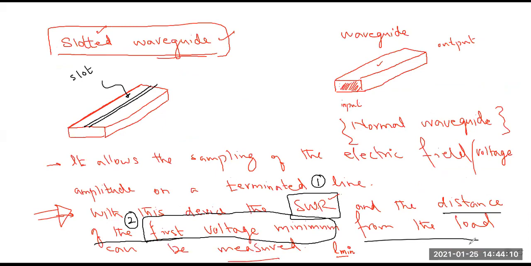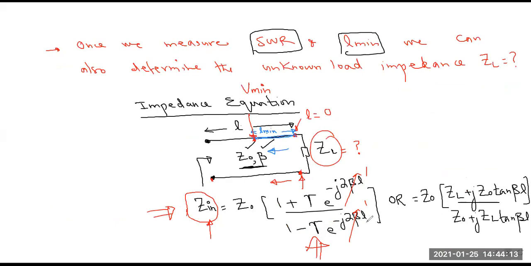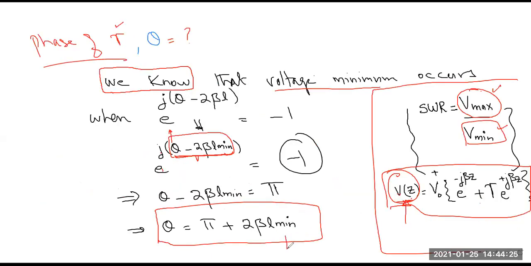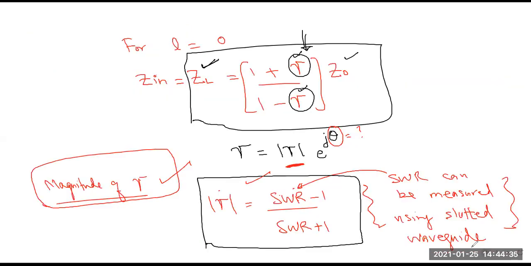So SWR जो हमने measure किया होगा उसको कहाँ पे हम यूज करेंगे? इस इक्वेशन में यूज करेंगे, और हम मैग्नीट्यूड ऑफ रिफ्लेक्शन कोएफिशिएंट फाइंड कर लेंगे। और जो एल मिनिमम हमने फाइंड किया होगा विद द हेल्प ऑफ स्लॉटेड वेवगाइड, उसको यहाँ सब्स्टिट्यूट कर देंगे, और इसकी मदद से थीटा फाइंड कर लेंगे। तो हमने दो चीजें फाइंड करनी थी। एक तो मैग्नीट्यूड फाइंड करना था, और एक हमने फेज फाइंड करना।